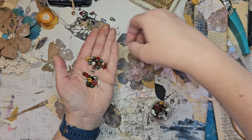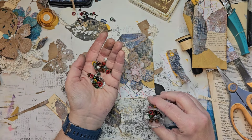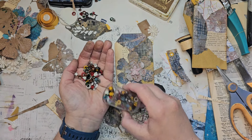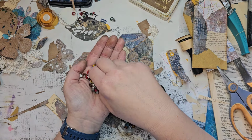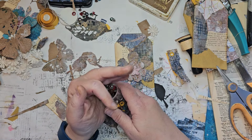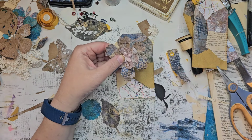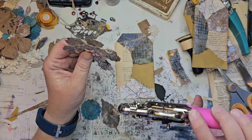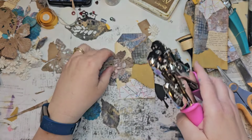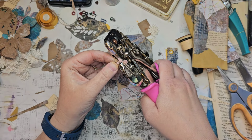Maybe we'll just do white. Gray? There's no tan. Ooh, that blue? Where's the blue? No, not that blue. Well, maybe just silver. Come on. I mean, I could do the smaller one. That might even make sense. But am I going to be able to get that in? No, I'm not. So what we're going to do is we're going to get our hole here